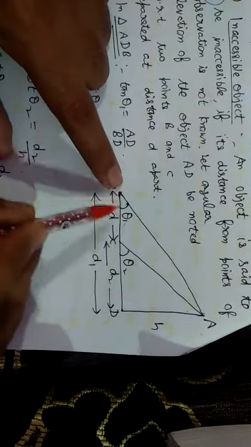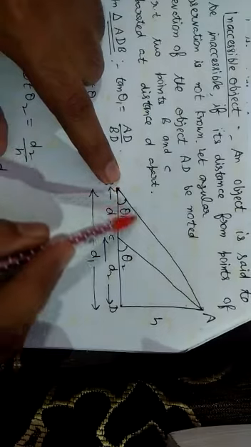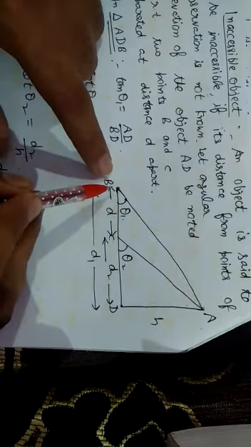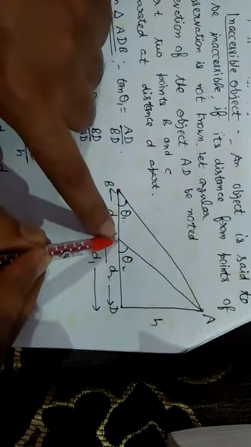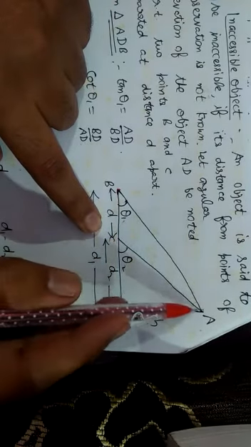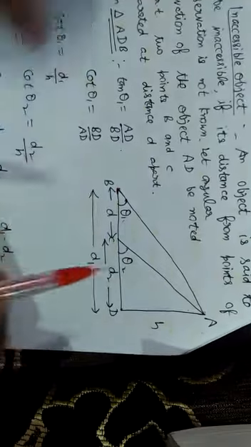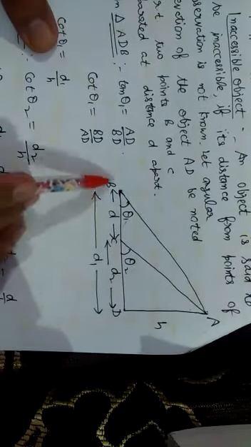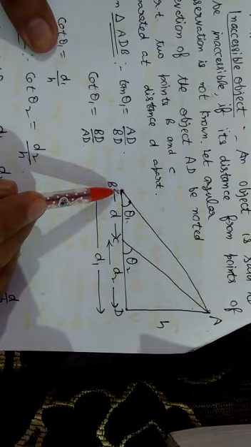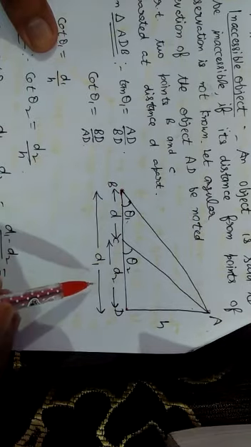In that method, first of all, from point B, we make an angle with top of the tree. Let angle is theta 1. Then we move to some distance up to point C. Again from point C, we make an angle with the top of the tree. Let angle is theta 2. The distance of point of observation from tree is D1. D1 here is not given to us. The distance which we move is small d, and distance between C and D is D2.